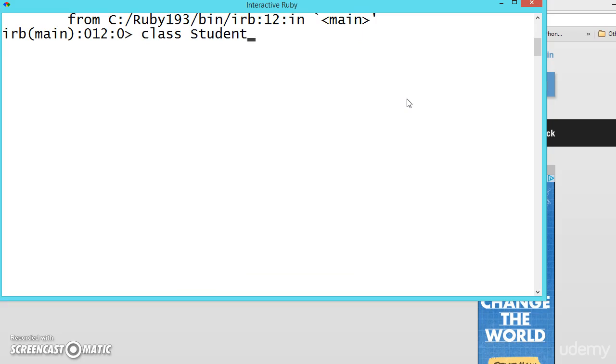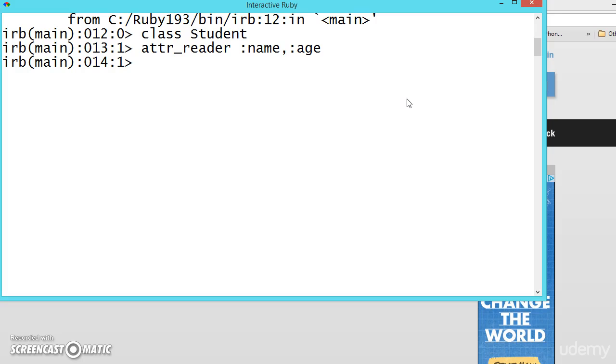So now again we will declare a class, and now we want both the attributes to be readable, but there is a writer as well. What does it mean? We can read the name and the age, but we can only change the age here.